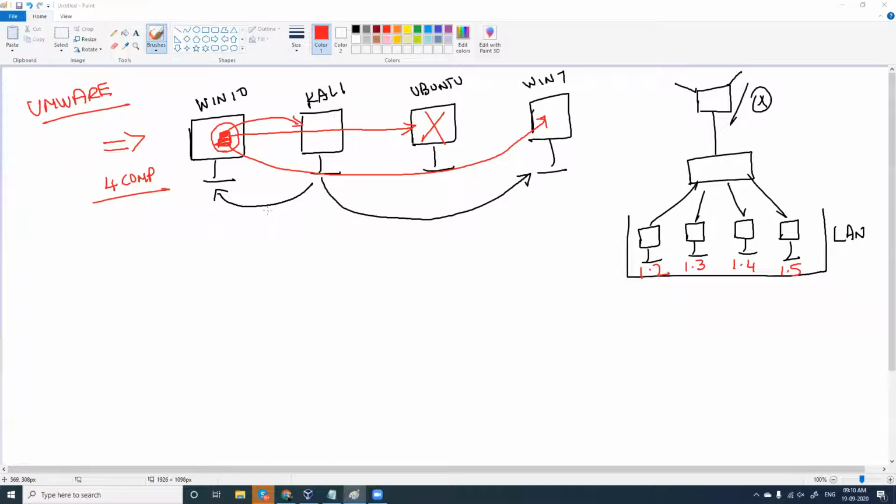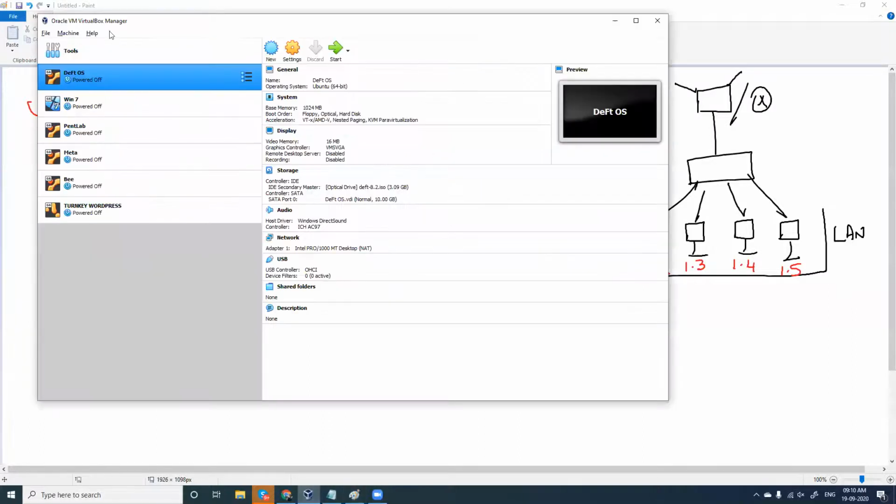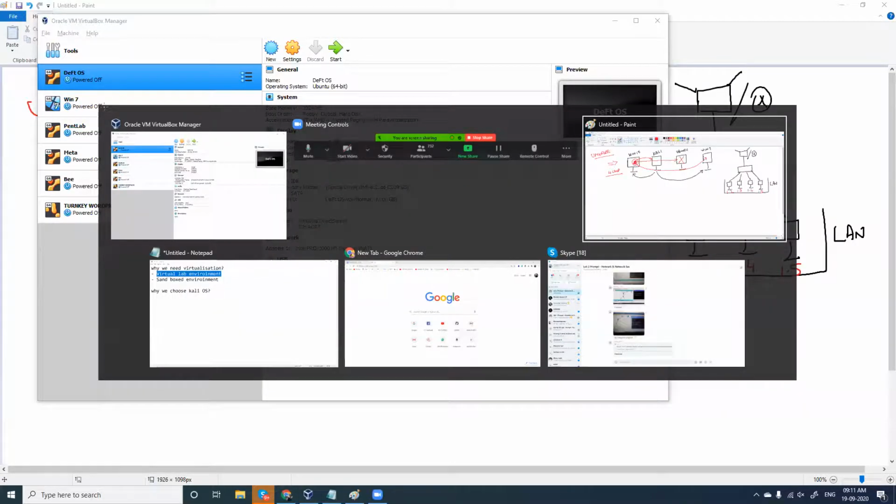VMware is okay. With regards to the size, I told you I have 6 operating systems in my VirtualBox. Yes, I have 6 operating systems. Now you might ask me, can we install 6 operating systems in your computer? Yes, you can install, but when it comes to running all these operating systems at the same time, you will have to consider your system performance.